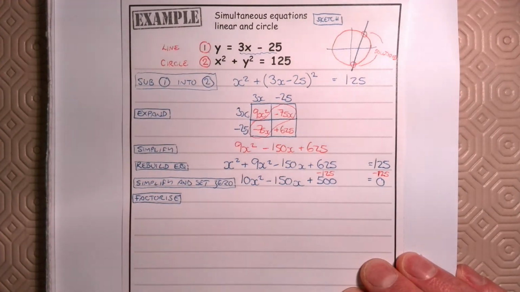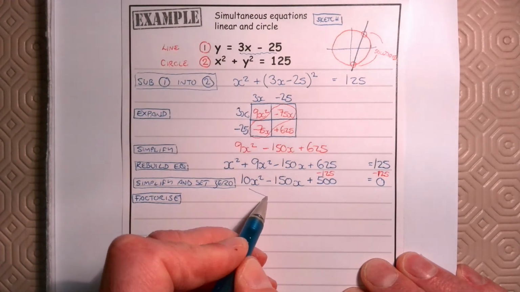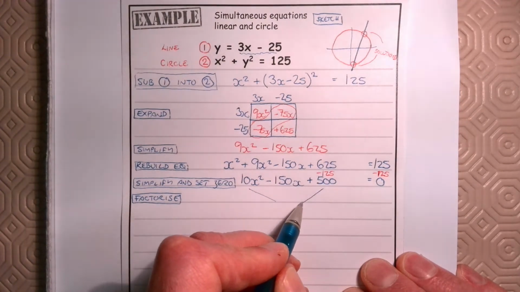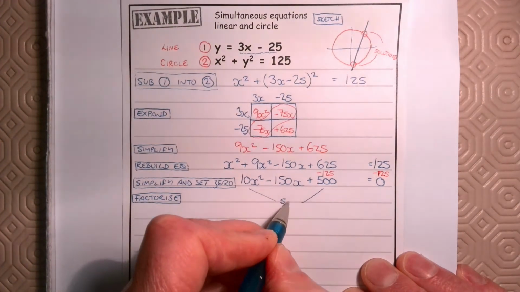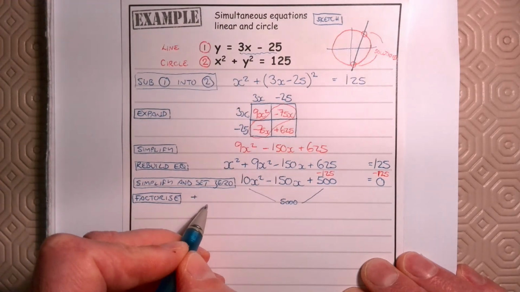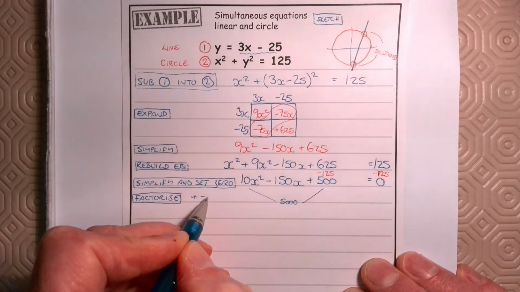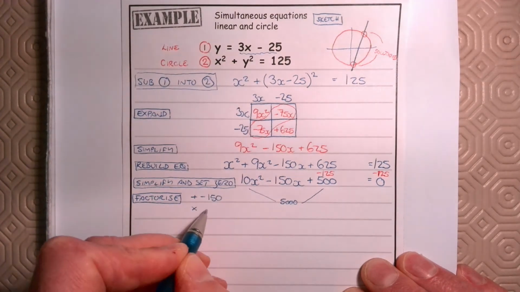So let's see if we can remember how to do this. Because the number in front of the x squared is more than 1, we need to bring these two guys together. So 10 times 500 is 5,000. So what we're looking for is a factor pair that adds to minus 150 and multiplies to